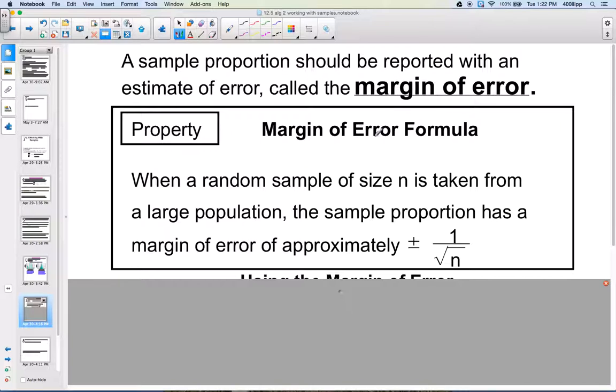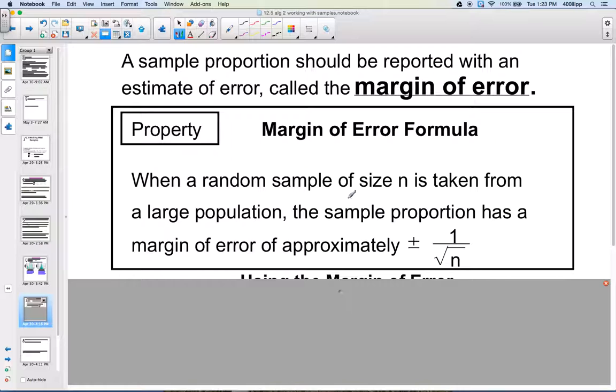If we're talking about an election and the number of votes people get, then you'll probably hear that they have a margin of error of plus and minus a certain percentage. So when a random sample of size n is taken from a large population, the sample proportion has a margin of error of plus and minus 1 divided by the square root of n, where n is the